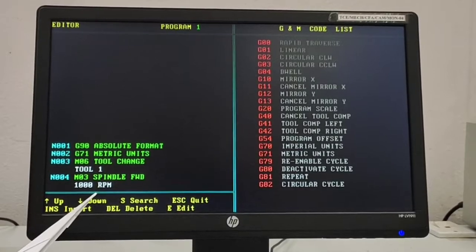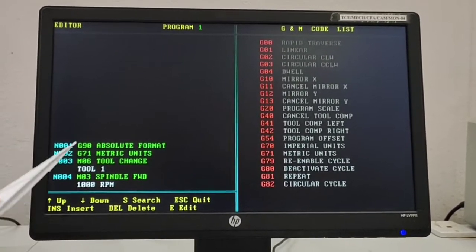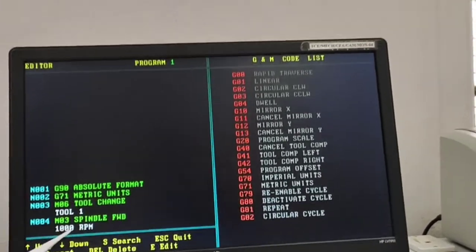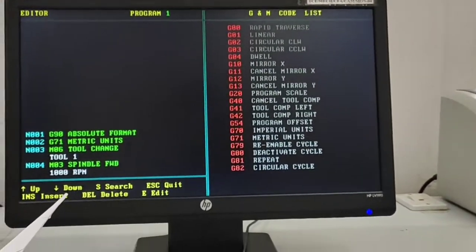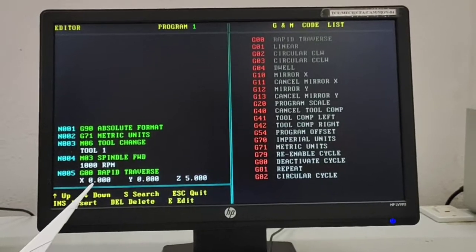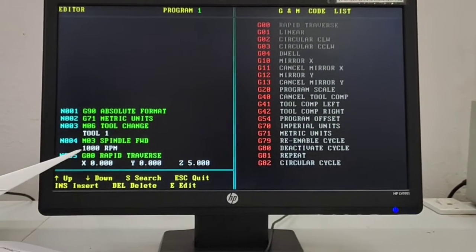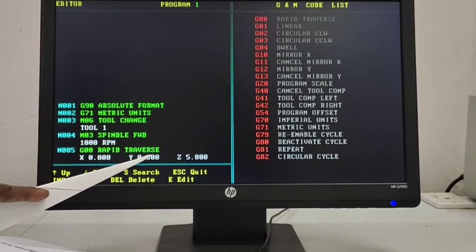By using this formula, you find the N value. That N value will be entered in this area, that is 1000 RPM. The next line: lines 1 to 4 are the process planning statements. From here the process will start.